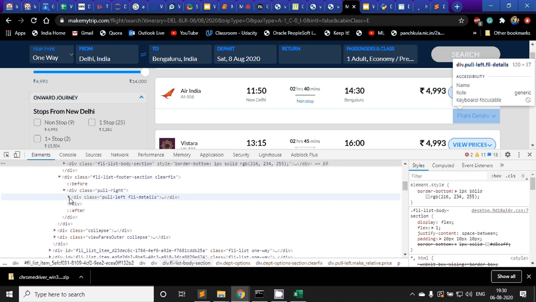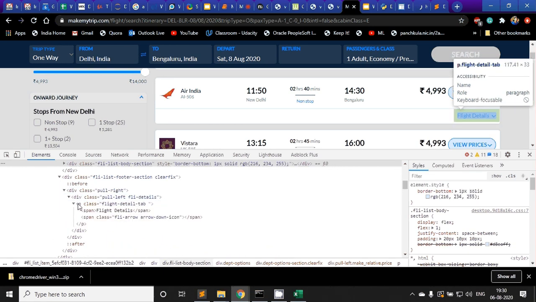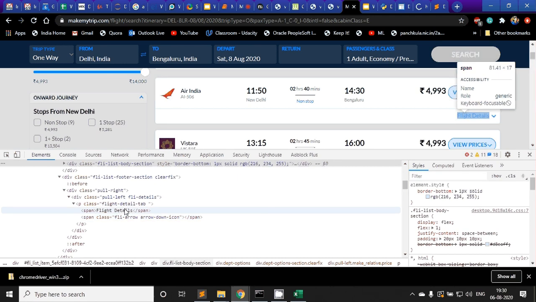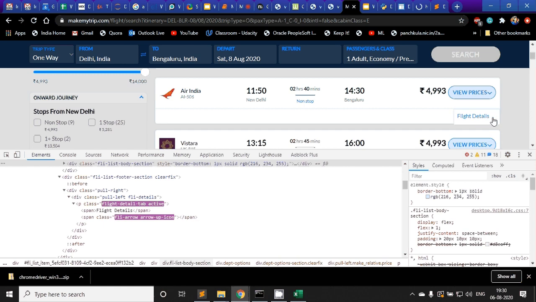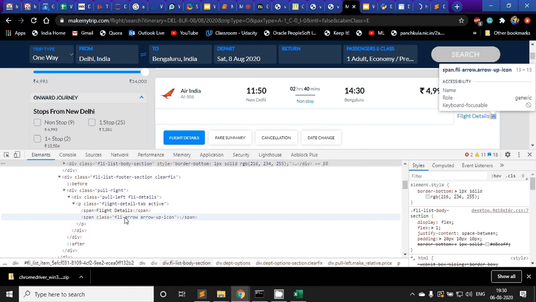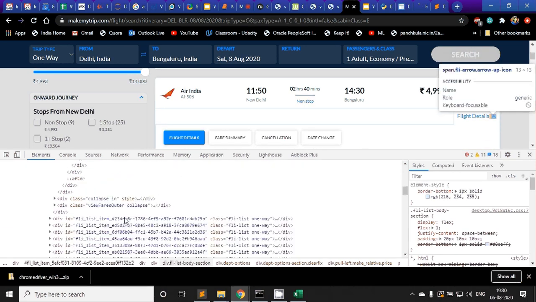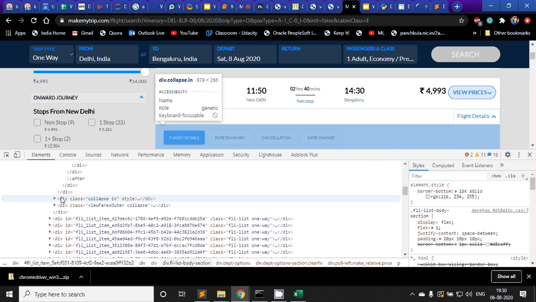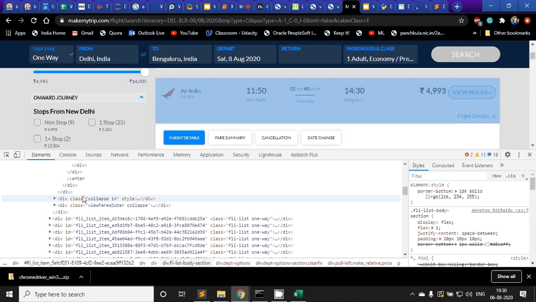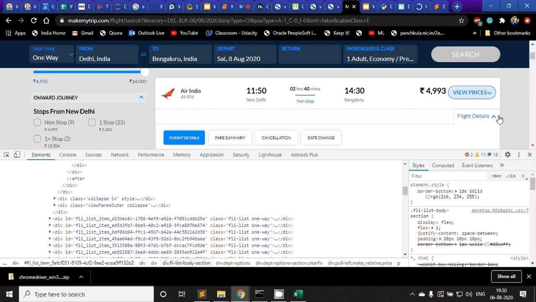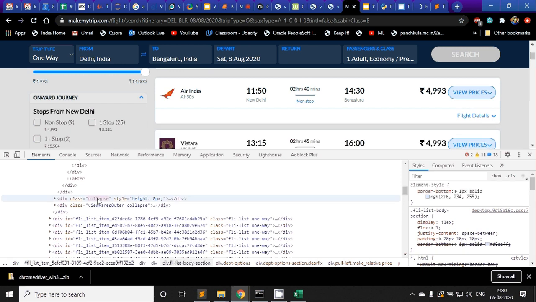But if I click flight details, you will see that something changed, and now we have more content. If I close this, you see that the collapse one is gone. The class has changed. If I click this again, the class has changed and some elements have come here.